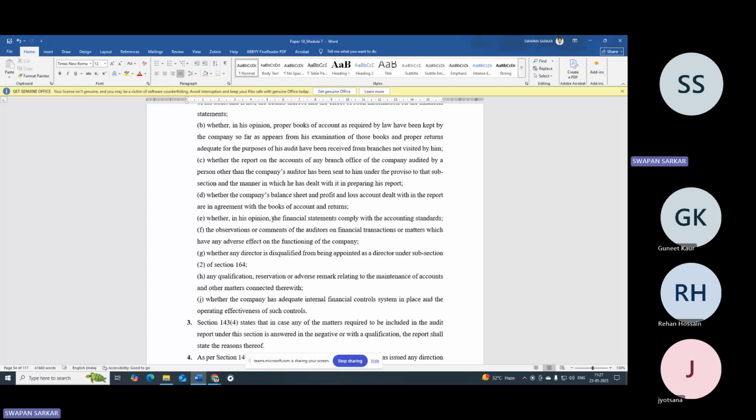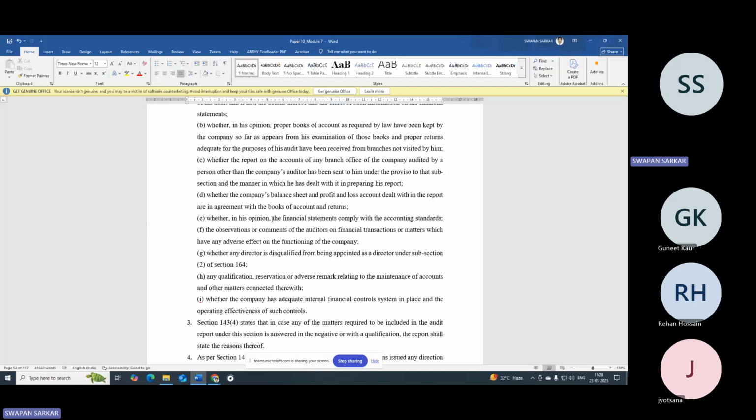Whether the company's balance sheet and profit and loss account dealt with in the report are in agreement with the books of accounts, whether in his opinion the financial statements comply with accounting standards, and the observations or comments of the auditor on financial statements on matters which have any adverse impact on the functioning